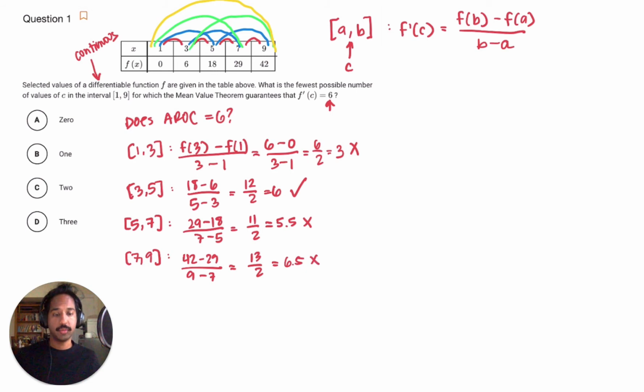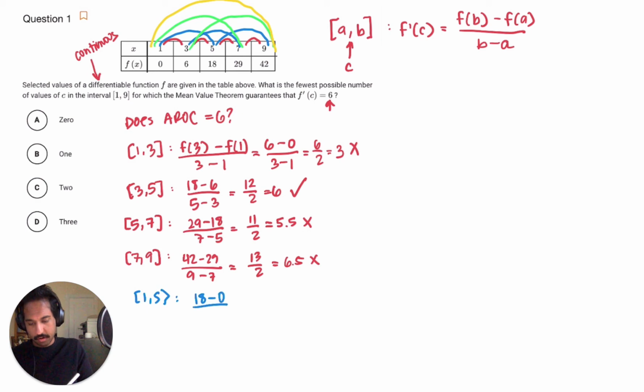Now we need to check the blue intervals, because it can be true on a bigger interval, so we need to check those too. So let's test those out. I'm going to now start writing the blue ones. The first one is 1 to 5, which would give us